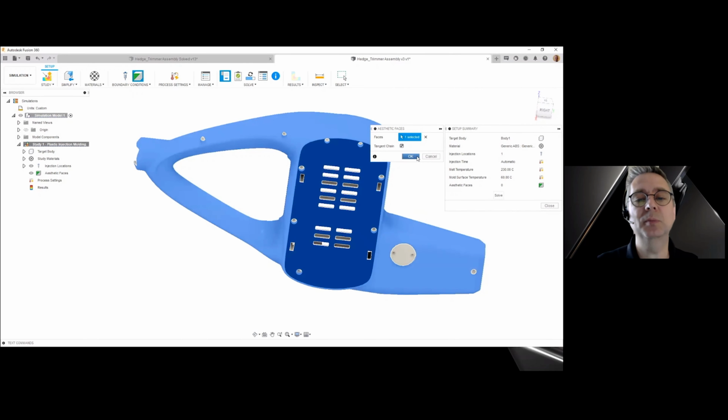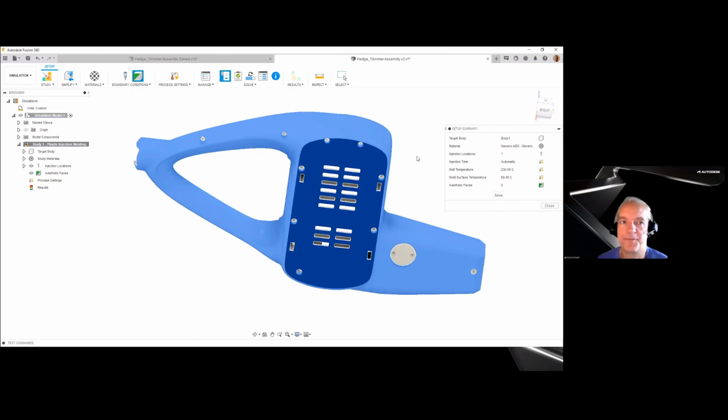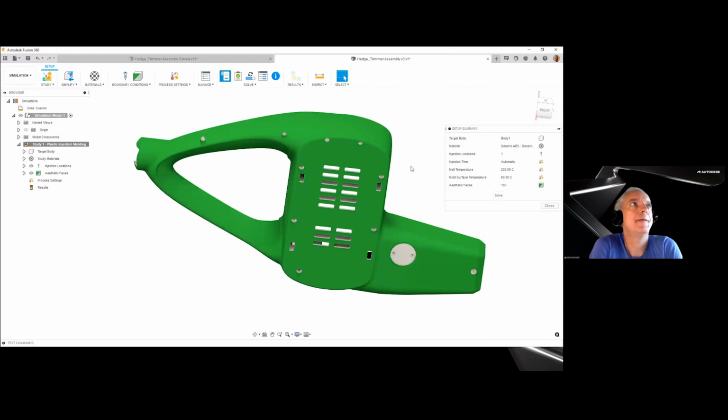What does that really get for me? Because I'm not changing anything here. I'm just selecting those. Yeah. So that's a really good question. This is actually one of the things we're trying to do with injection molding in Fusion: allow you to set more information into the system that is going to be helpful for us to direct you in the right direction.